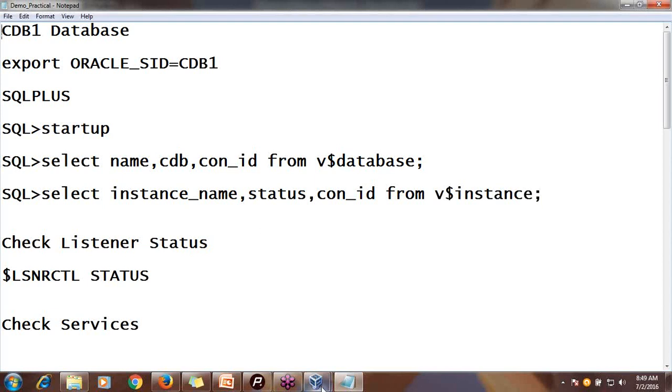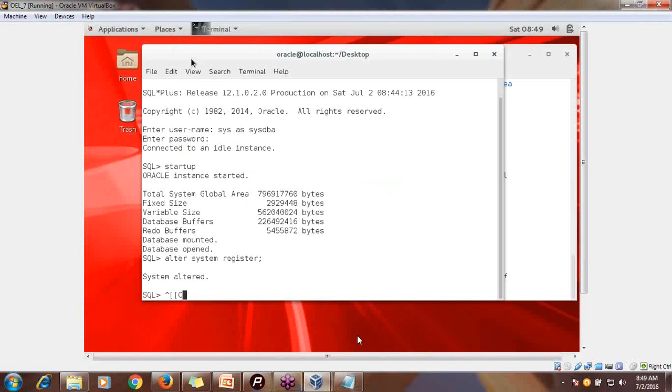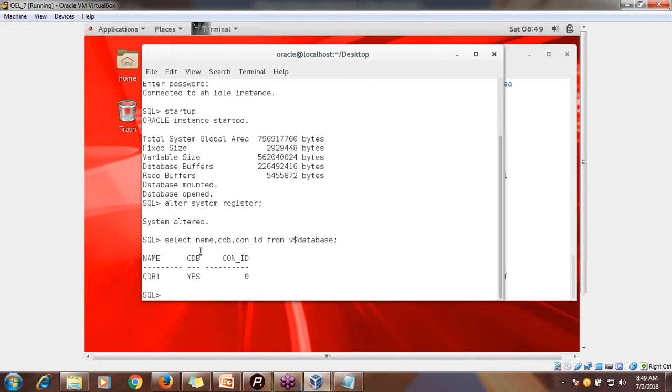So here you can see, select name, CDB, con_id from V$DATABASE. Fine. So is this the CDB database or not? Yes, this is the CDB database, and the container ID is 0 because that is the root. So always this is 0, and the name is CDB1. Fine. So this is the CDB database you have.